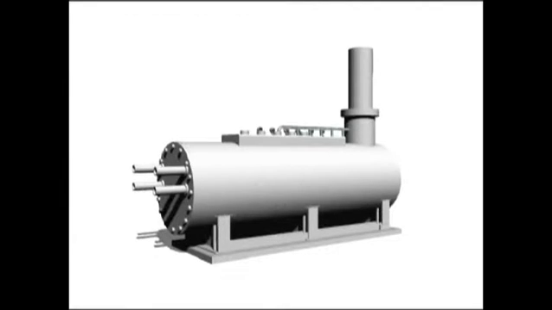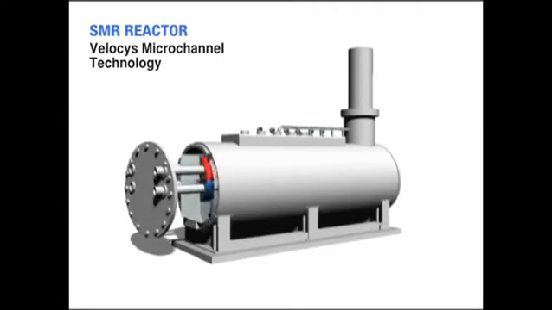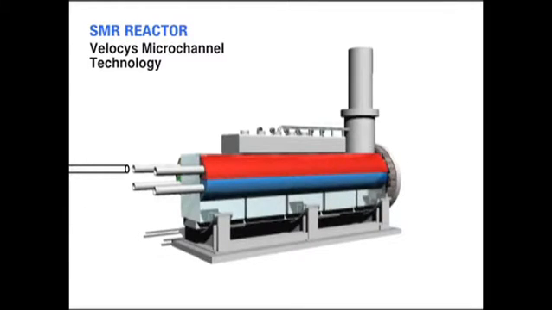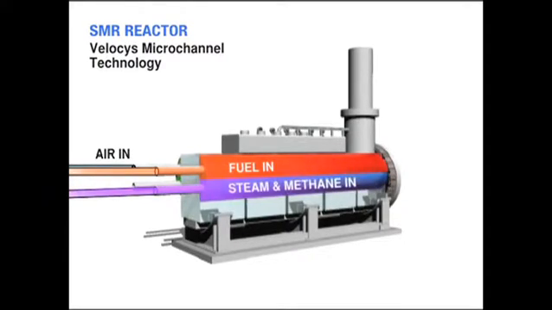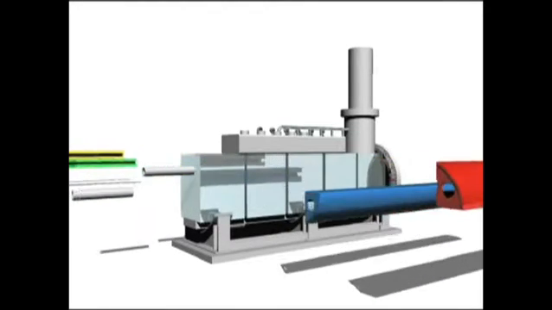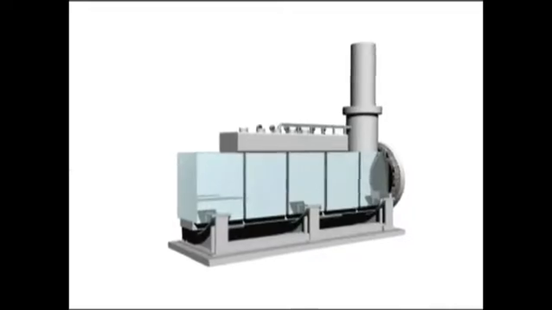A conventional box furnace reactor with an equivalent capacity would be 10 times larger. The reactor housing encloses a number of reactor blocks, which are connected by headers which are shown as colored. Air and fuel are introduced into separate headers, while natural gas or methane is co-fed with steam in the process header. These headers evenly distribute flow to the reactor blocks housed within the assembly, as well as collect the synthesis